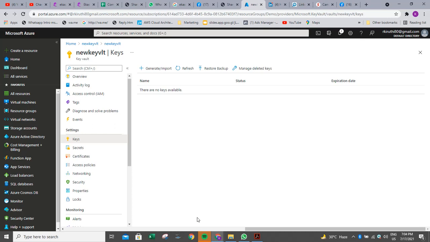And authorization is to determine the operations the caller wants to perform.